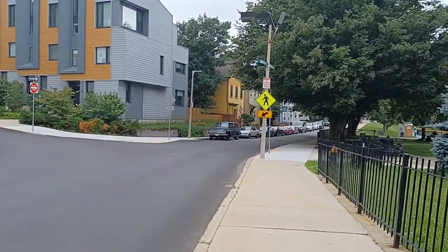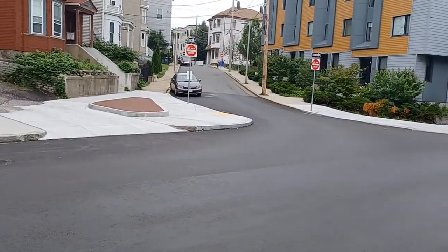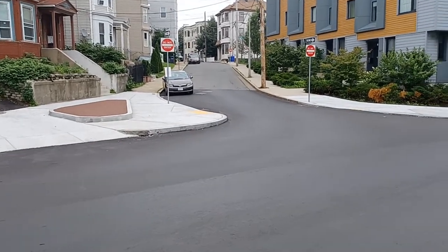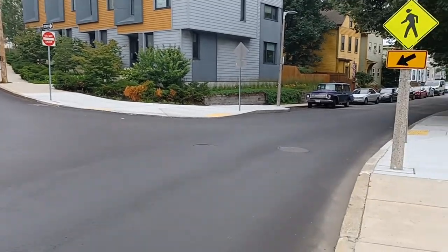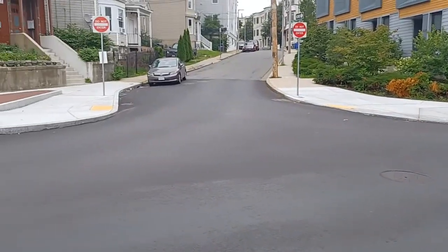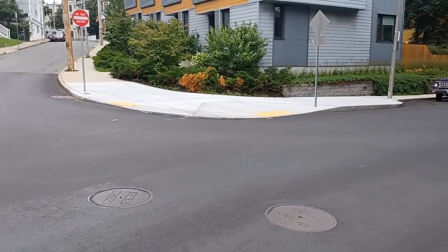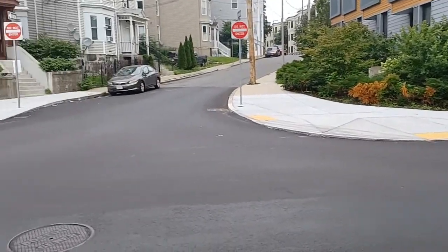This is where they made that, I did a video on this already. They created a sidewalk bump out. Allegedly, that's supposed to slow people down from speeding, which it does not. It's a proven fact that it does not slow anybody down. It actually makes them go faster, to be honest with you. See how the trucks go over the sidewalk right here? I already knew that was gonna happen anyway, but